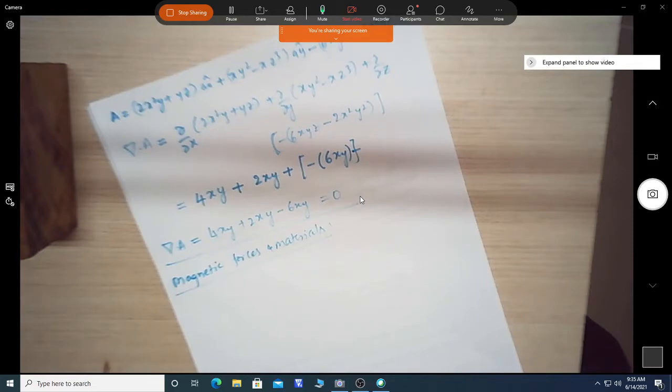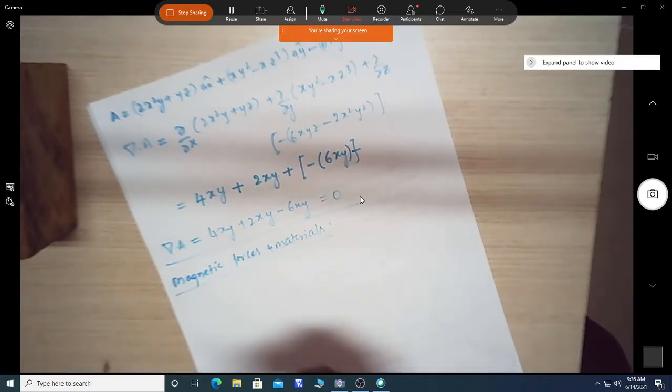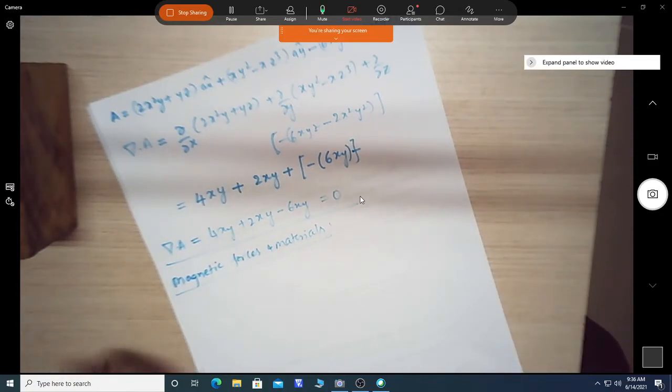Okay, so now we have seen the magnetic field and flux density in free space. Now we will also see what happens in material media, as we saw earlier in electrostatics, other than free space. Here also we will see what happens when the magnetic field is in a material medium.